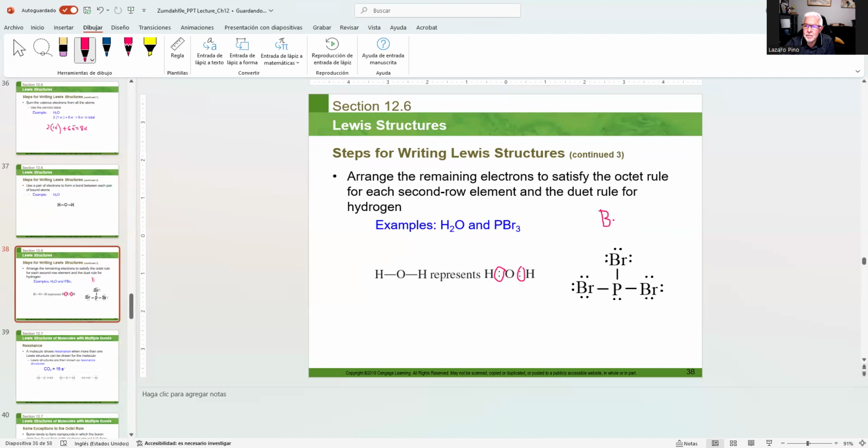PBr3, then you try, and you know that you have 3 Br, bromine, then you make single bonds between phosphorus, that is the central atom, and the 3 bromine. This line represents 2 electrons each. Then